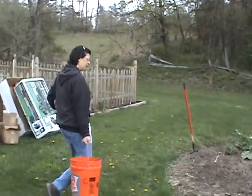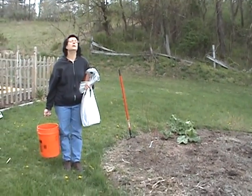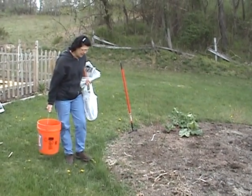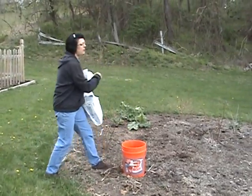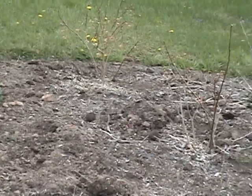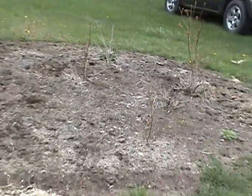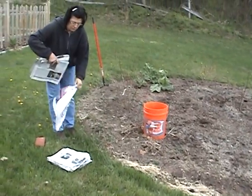And this is a trick I learned through Master Gardener classes at Penn State University, and they use this all the time on their flower beds, and it's really a great thing to do. So this is a bed with my blueberry patch. It's a new blueberry patch, so it looks a little small. The brick, of course, is to hold the newspapers in one spot so they don't blow away